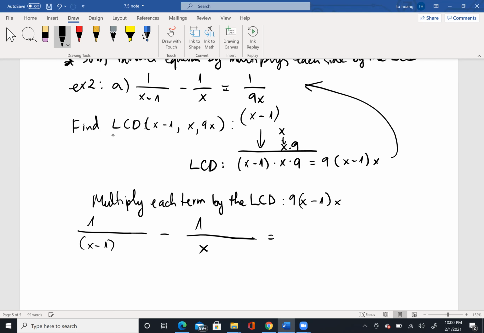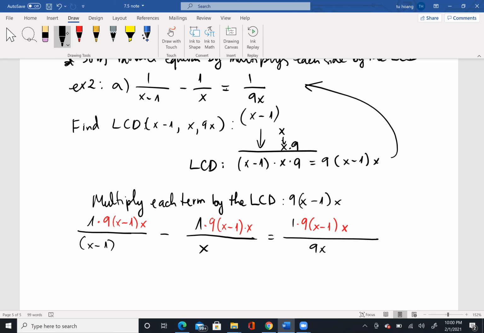And then equal to 1 over 9x, right? Okay, so I would like to multiply by the LCD, which is 9 times x minus 1 times x. Because I multiply both sides, they didn't change the equation at all. Okay, both sides of it. So